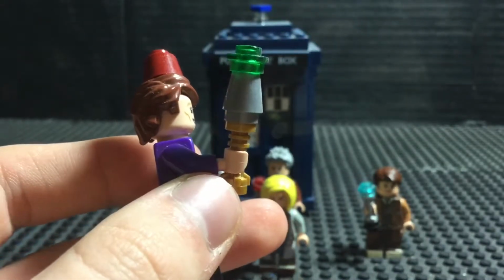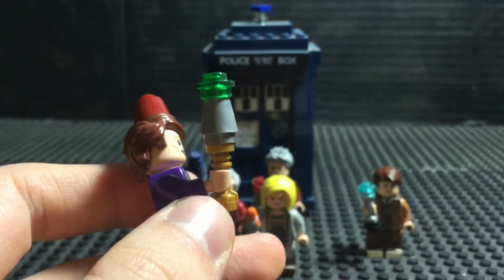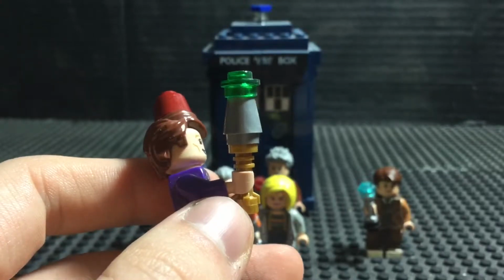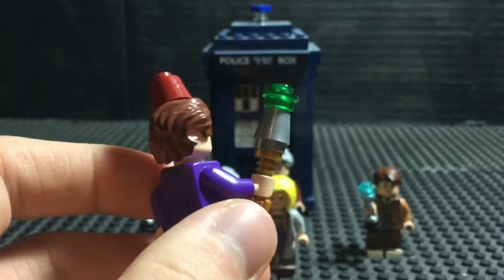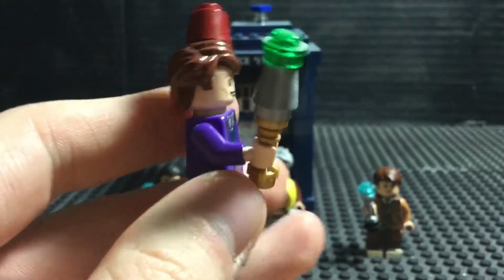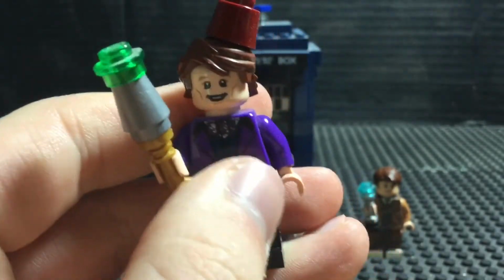Sorry. I kind of wanted to do the extension parts, like on the actual model, but I don't have any parts that are able to do that sort of thing. So it's like, okay, I'll just settle for the other one. That's fine. The headpiece,